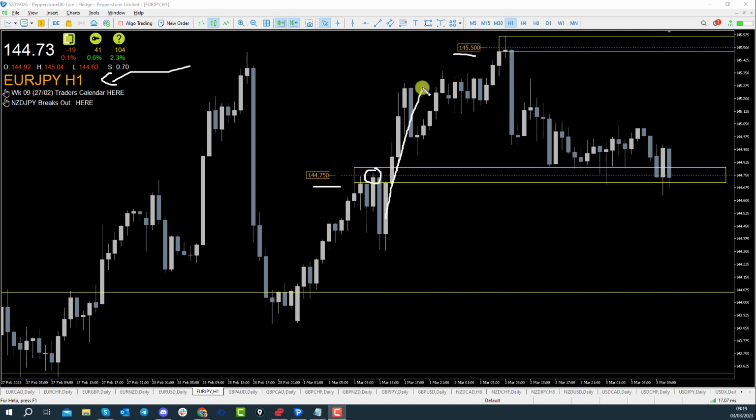Lots of aggressive buying came from this area as well, so that area there would act as support potentially. I've marked up the 145.50 because price suddenly turned at this point. We had aggressive selling coming in at this area. This is why I think 144.75 is key, because you can see that we've had some buying coming in here